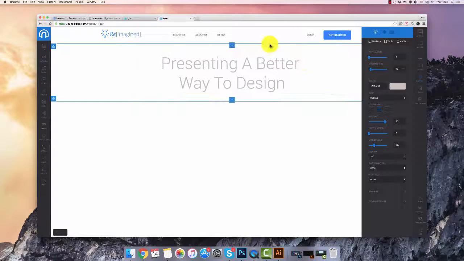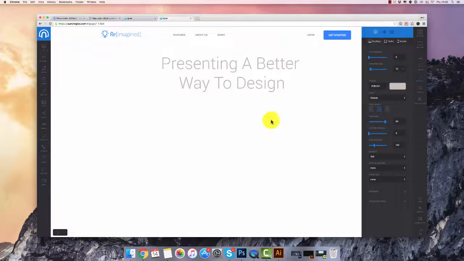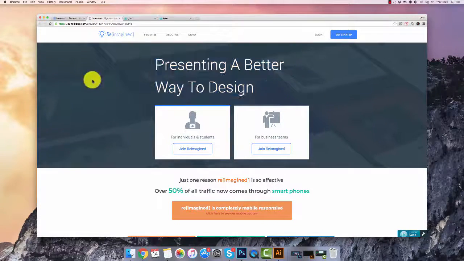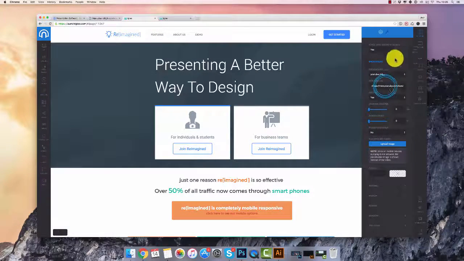First of all, I'll just change up the background color so you can actually see the text. So as you can see right now on this one over here, we've got a white text, and then we've got a video playing in the background with kind of a dark overlay. Okay, so what I'm going to do is grab that video,